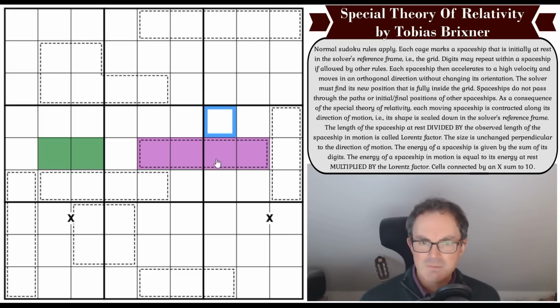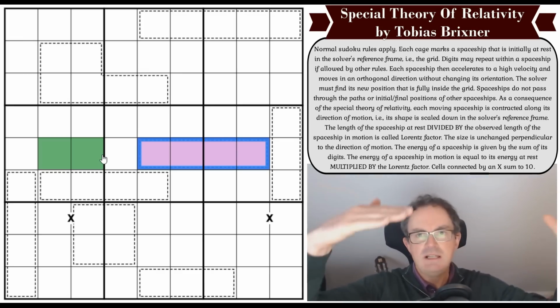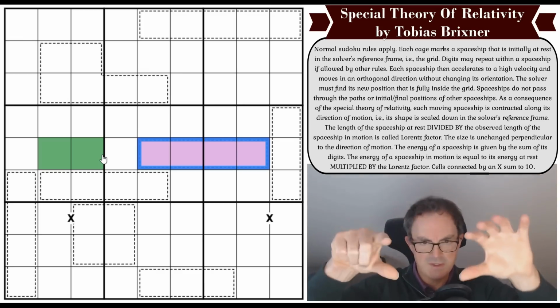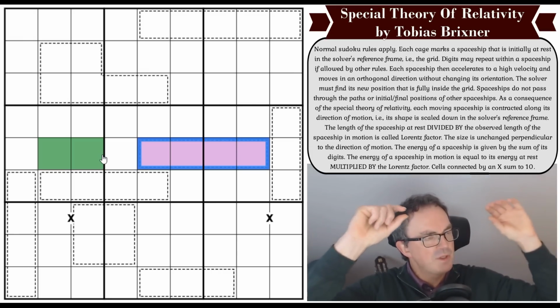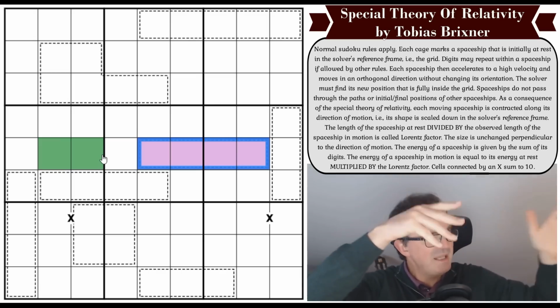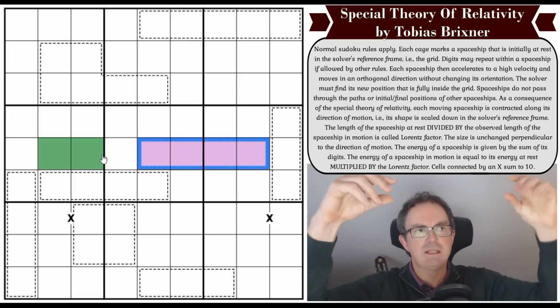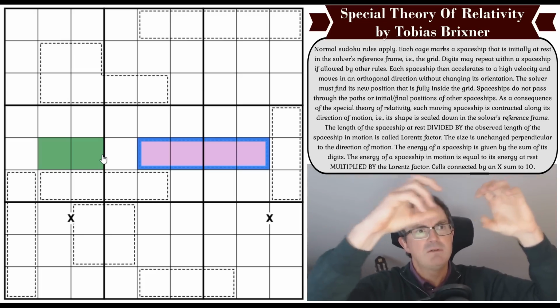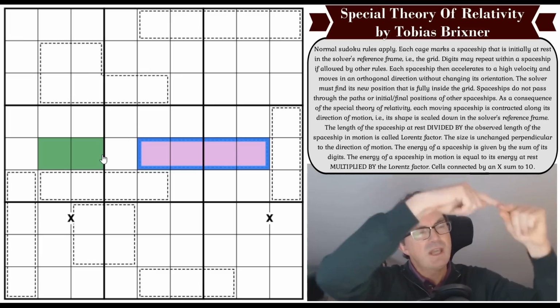So the spaceship moves, it shrinks because it's gone up to... Right, let me just think about that. So if something goes really fast... No, something's at rest, and then it goes over there. Is it saying that because it's going so fast, if I tried to look at it as it was going that way, it would appear to me it shrinks, because I guess the light that it emits has a speed. But the faster it goes, I can see there would come a point where it would outrace the light